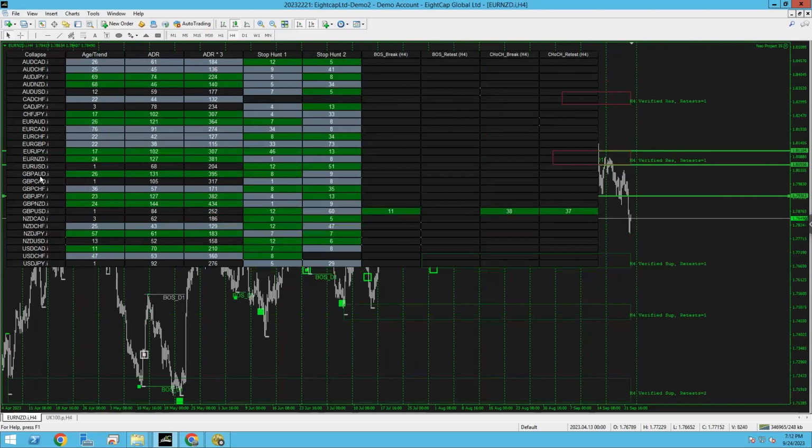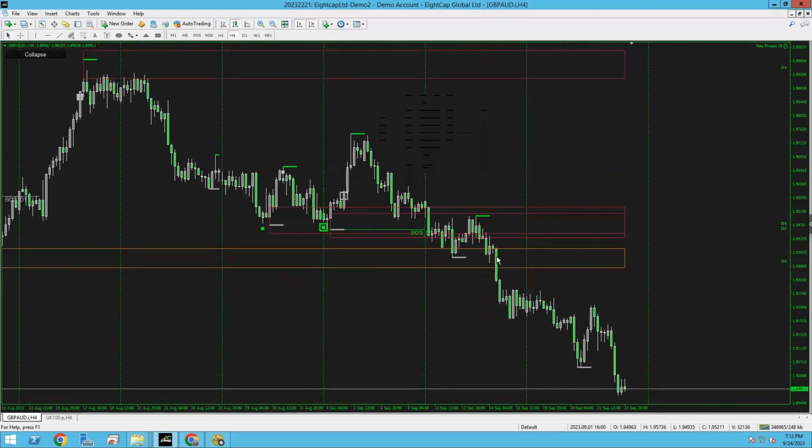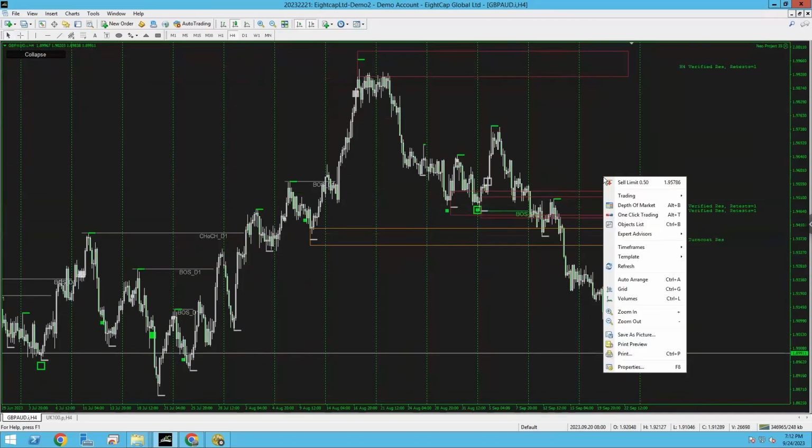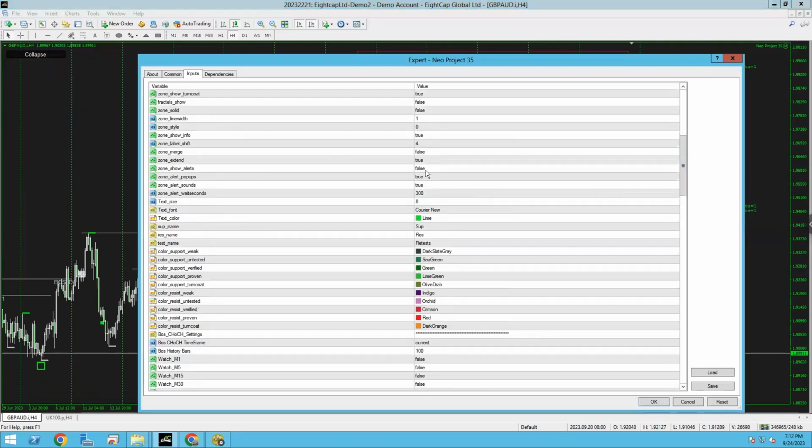Euro New Zealand, we've gone through that one. GBP ORD was another one. Look at this. Boom. Same thing here. Let's zoom out. I need to go here. Switch this back on. Experts, properties. But you can see how it's merging. It's the zones. There's many zones in one area right now. I don't like when it looks like that. It looks a bit messy. So I'm just going to go to true.